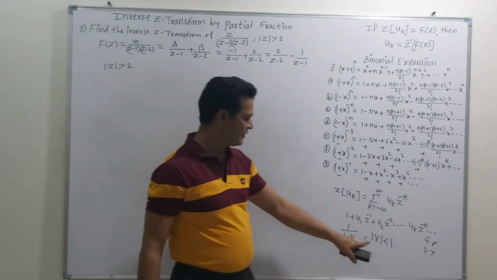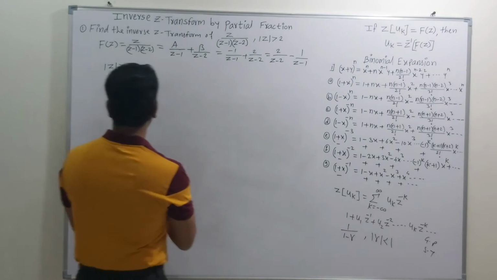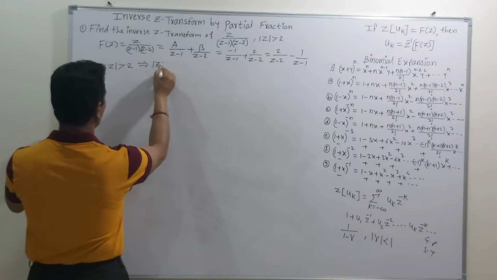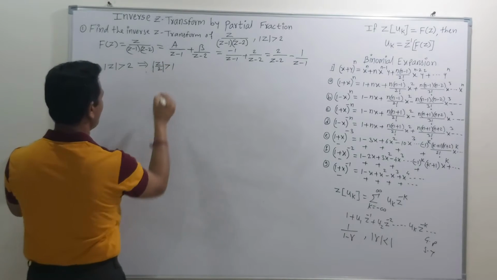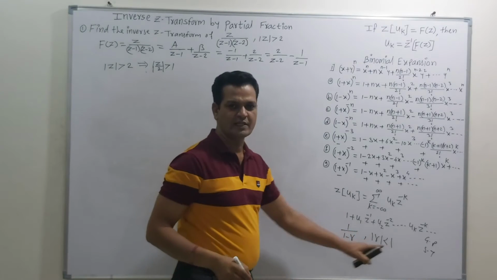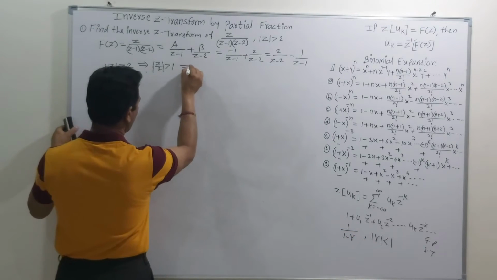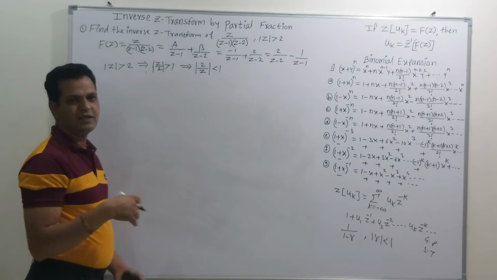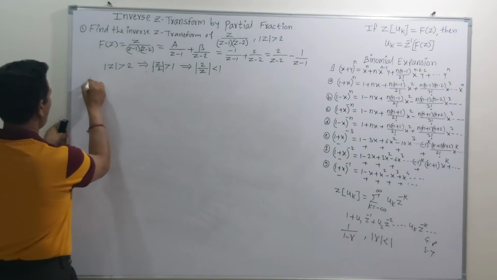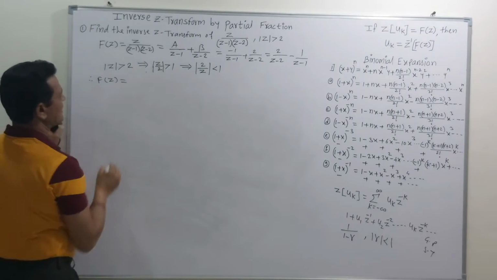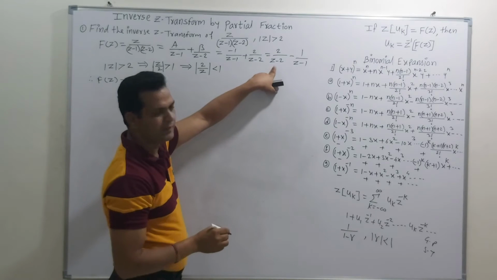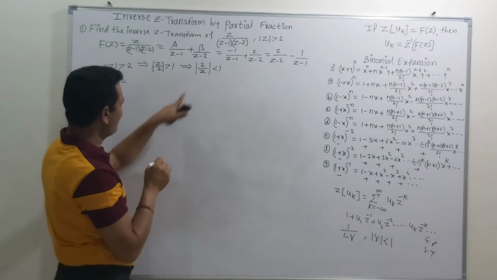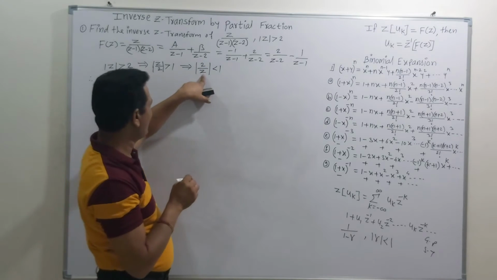So now to get the region of convergence as mod of z less than 1, we can rewrite this as mod of z upon 2. So this term is greater than 1, but our interest is to get this value as less than 1. So we can write this as 2 upon z is less than 1 after taking the reciprocal of this term. Therefore we can write the given function f of z in this form, 2 upon z minus 2 and 1 upon z minus 1. So now friends, here the value is 2 upon z, and this is possible.